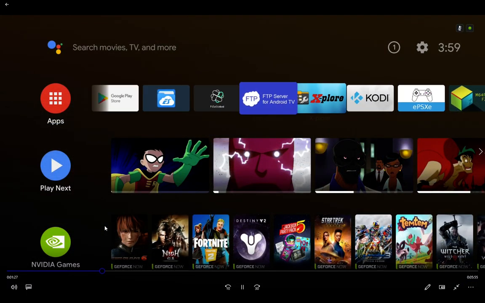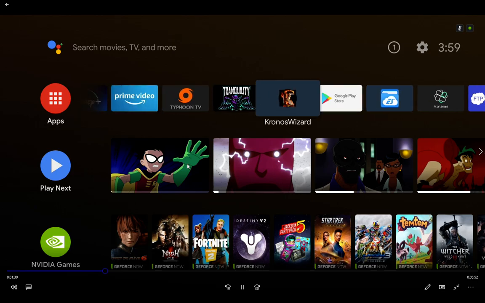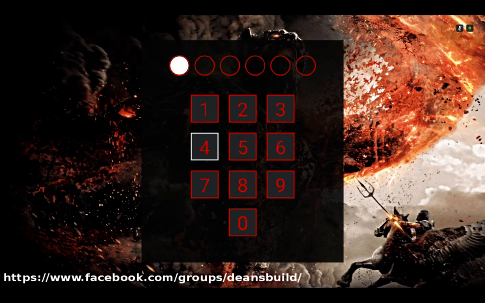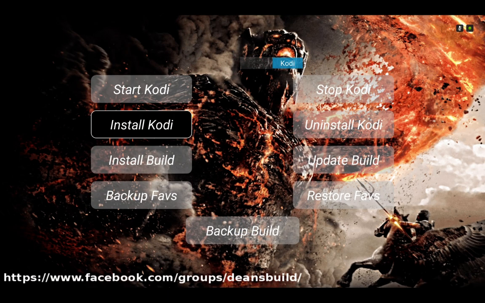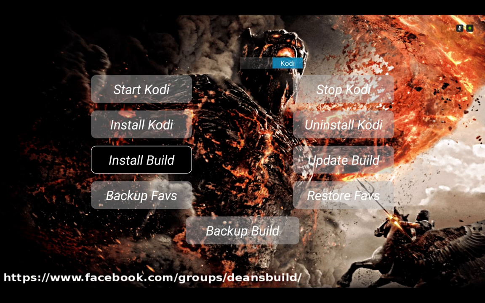So first thing you're going to do after you install those is open the Kronos wizard. We're going to install the build real quick. There's nothing to it. You're just going to put in your code. Then you're going to click install build. Not install Kodi, not update build, just install build. It's going to download that for you and extract it. I'm not actually doing it because it's already installed, so after that's all finished,